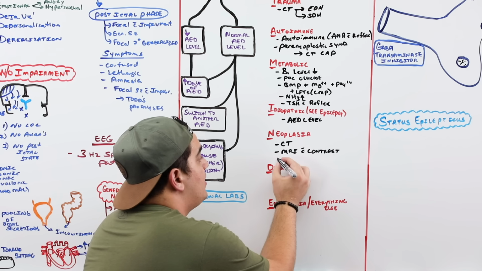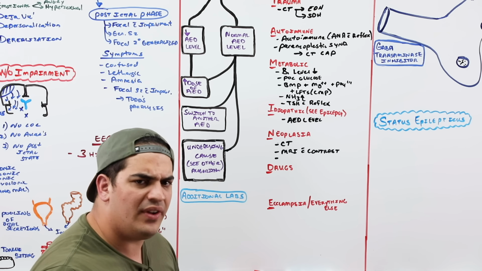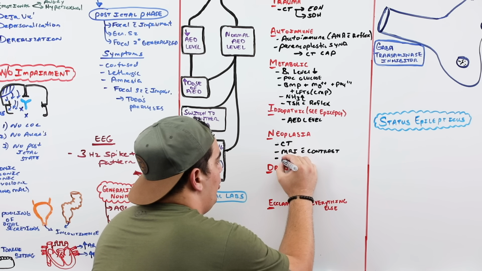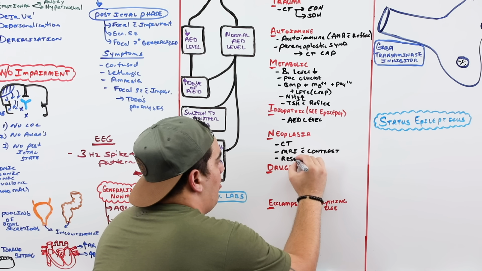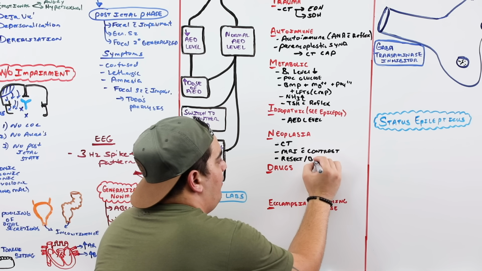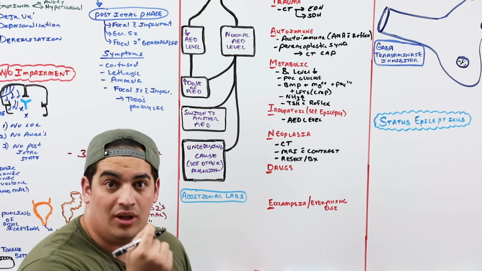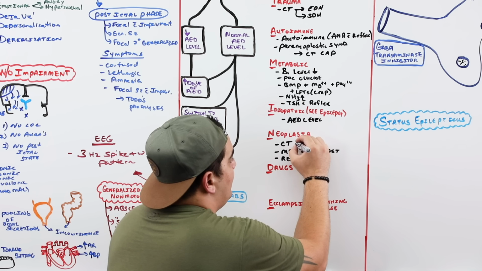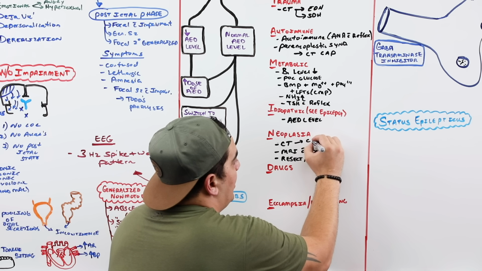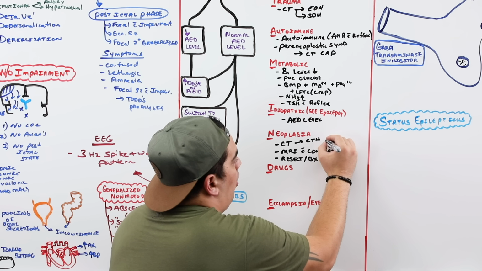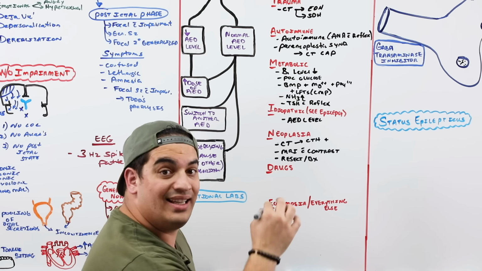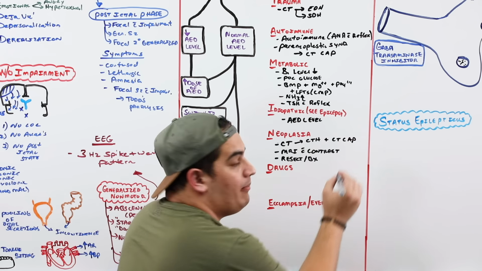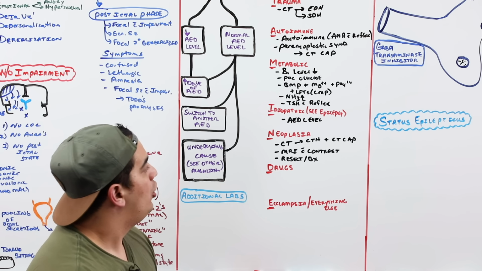up, and then sometimes to figure out the true etiology of it, you may even need to do a resection or biopsy to figure out what the actual pathology of that mass is, what the cause is, if you really are interested. The other thing is when we say CT, there's actually two of them. You get the CT of the head, and also if you suspect a malignancy, like a metastatic cause, get a CT chest, abdomen, pelvis. Okay?